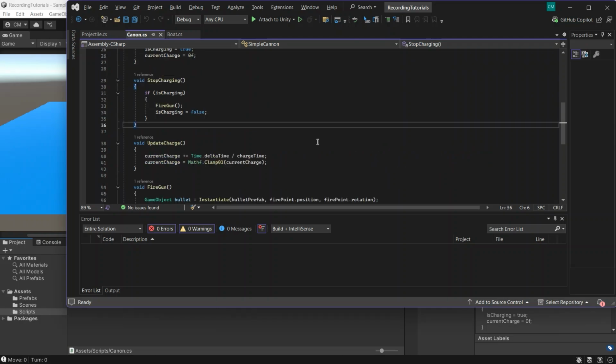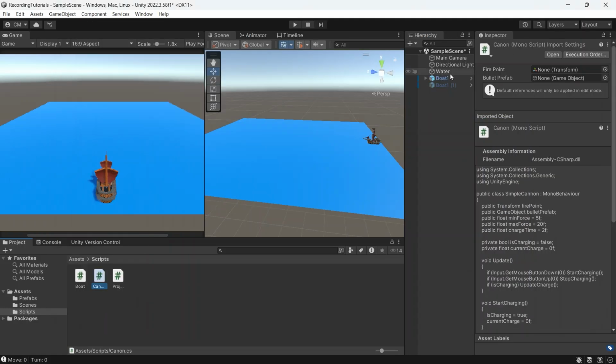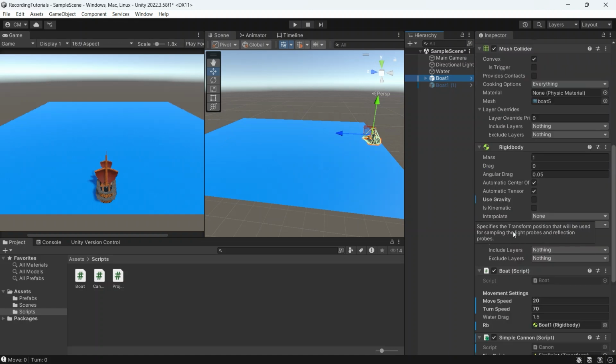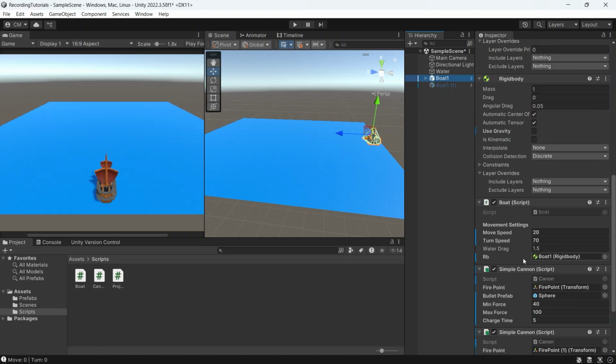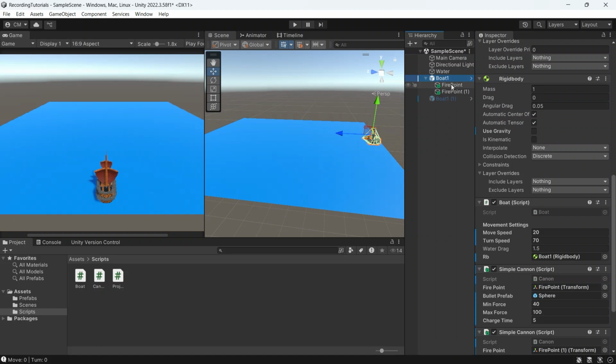And once you have created this script, you save it and go to your cannon prefab and add the Cannon script to your component. And here, right click your prefab in the hierarchy, then create empty, then name it firePoint or anything that you want.